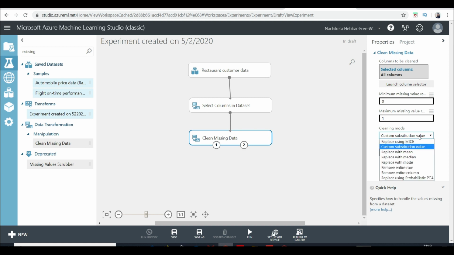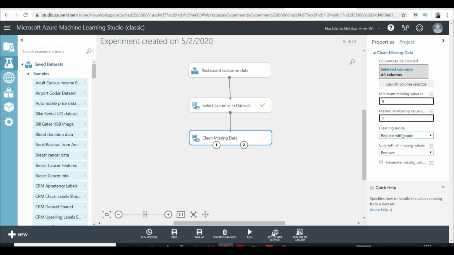So basically you can replace the missing values with the mean, median, mode, or you can remove the entire row. What I'm going to do is replace the missing values with the median, which makes sense, right? Whenever a value is not there, you have lots of options, and I'm replacing it with the mode, right? Because it makes sense, the most frequent value that is occurring, I replace it with that. And if all values are missing in the column, I simply remove that column, and now I run it, and if there's an error, it should show an error, but let's see.